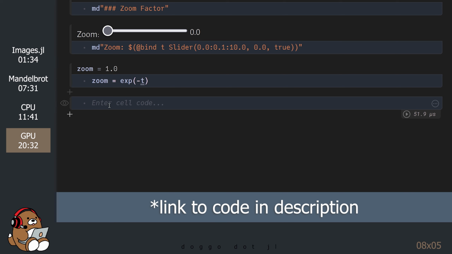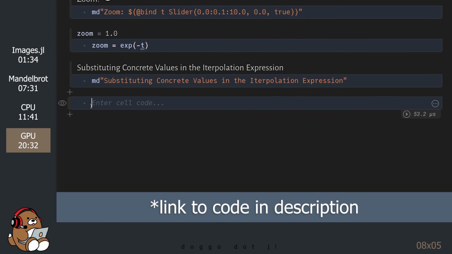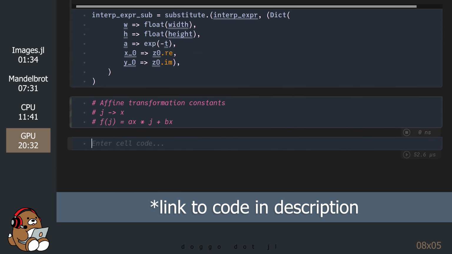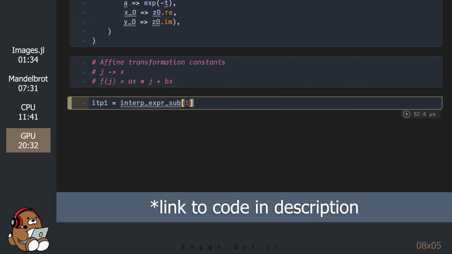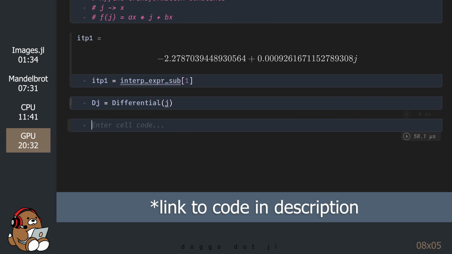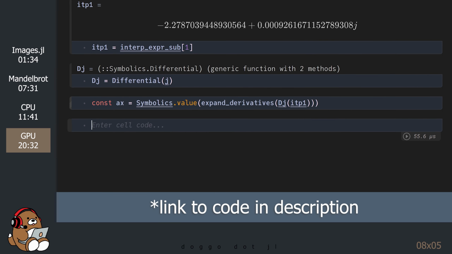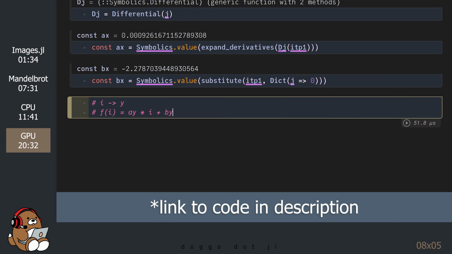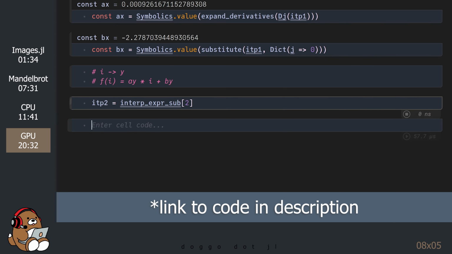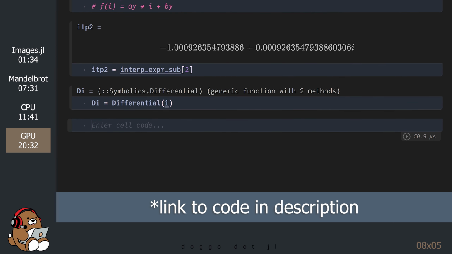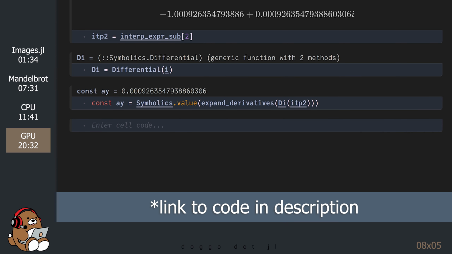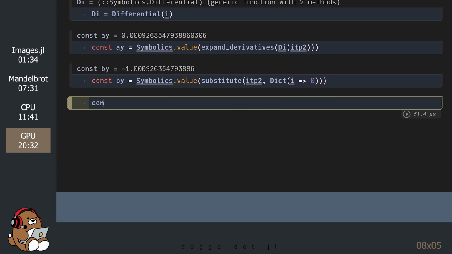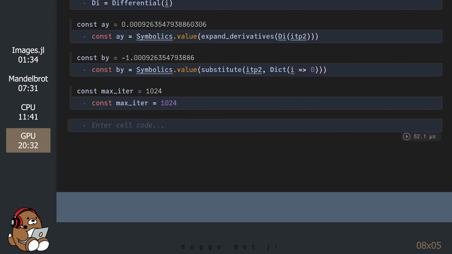I can't explain the next several lines of code, so I'm just copying and pasting code here. Okay, I understand this line for the maximum number of iterations.